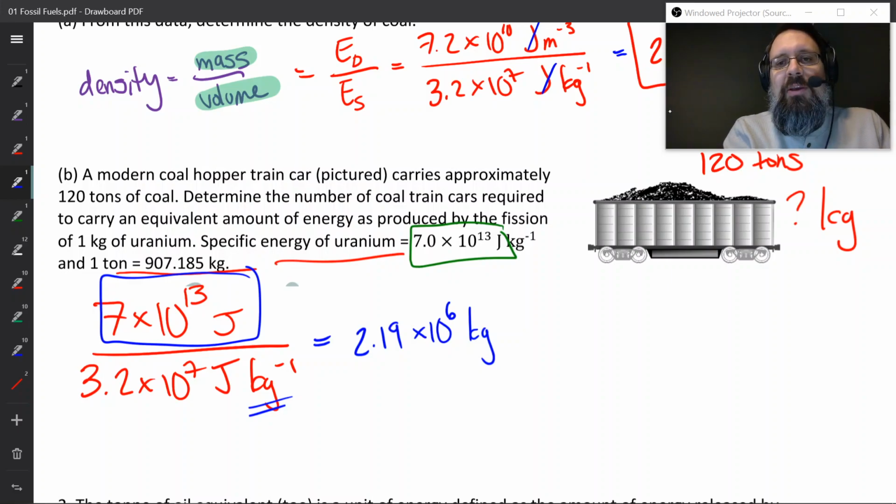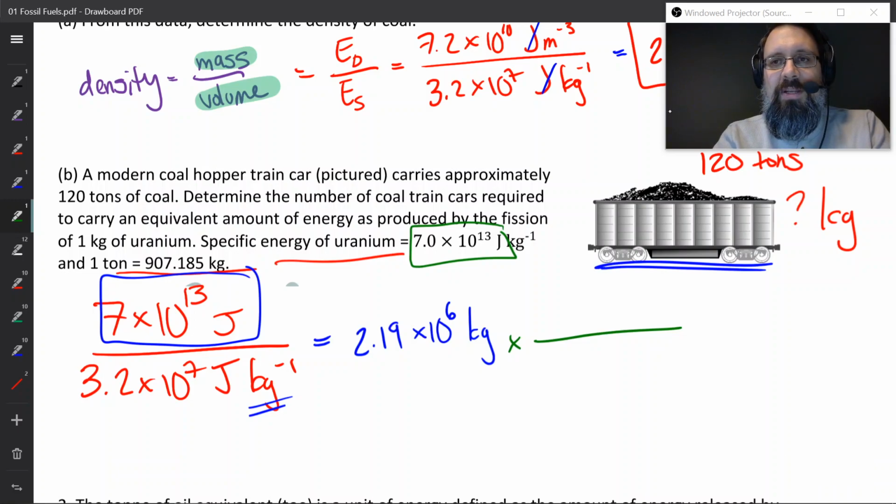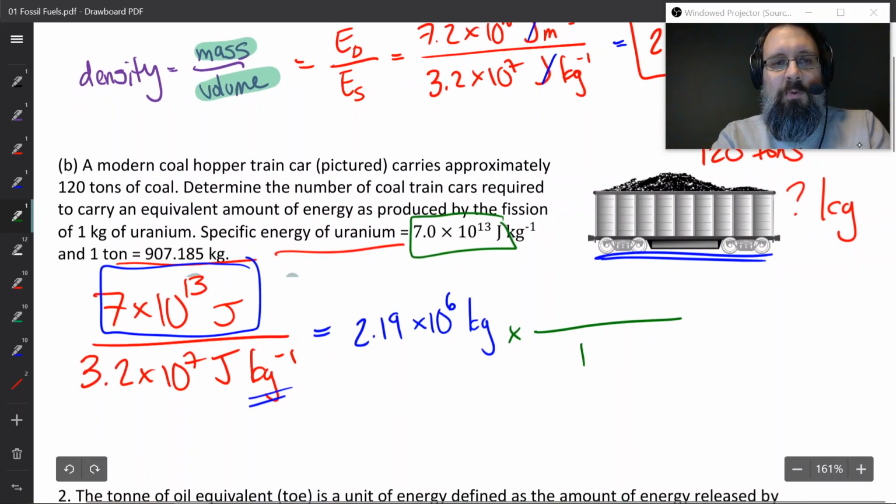So now we want to figure out how many cars that would be. We're going to take that number, 2.19 times 10 to the 6 kilograms, and convert it. We know that there are 120 tons in one car. So I'm going to first convert it into tons, and then convert it into cars. To go to tons, we know that